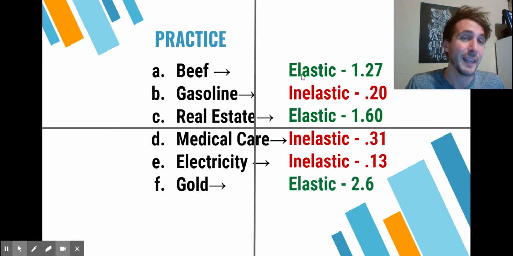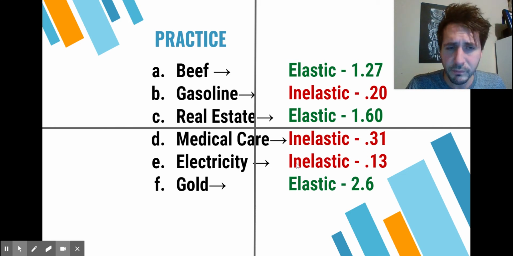For beef, it's elastic. In fact, highly elastic, 1.27. People are very sensitive to a change in price of beef, mainly because it has so many substitutes. Gasoline, highly inelastic, 0.2. I have no substitute for gasoline. We're going to buy it no matter what. Real estate, highly elastic. People wait until they can get the best possible price. Medical care, very inelastic. Some people put things off because it's expensive, but most people will continue to purchase it